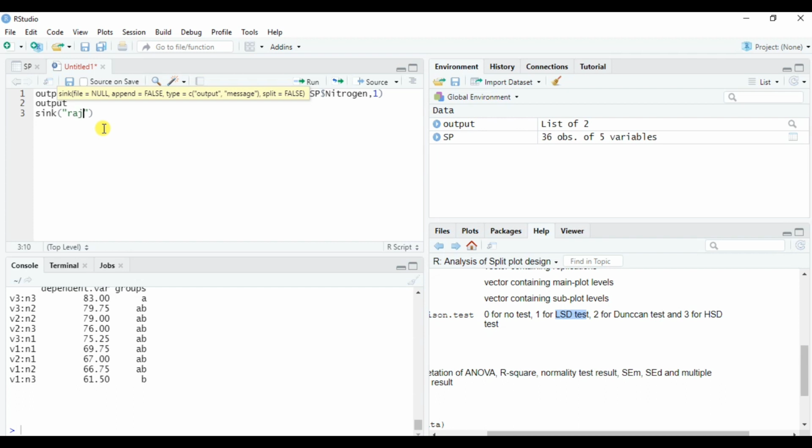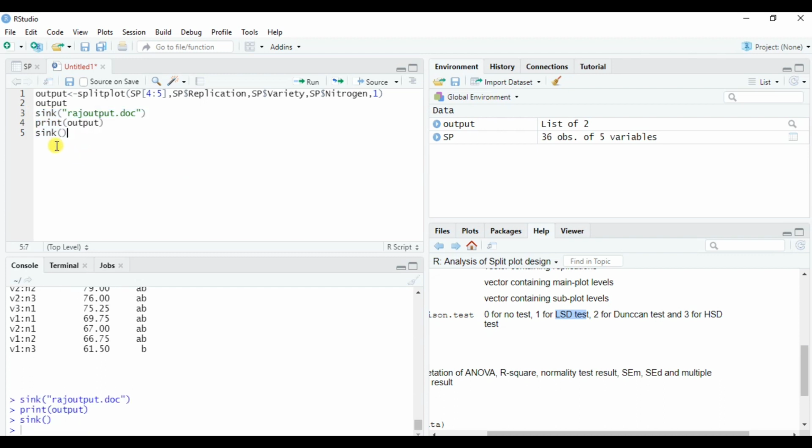So I would like to write Raj output dot doc. If you want it in Notepad, then write txt. I want it in a Word file, so I wrote doc. Then print what I would like to print in this file. Then I would like to close this sink function. So I just now ran these 3rd, 4th and 5th lines.